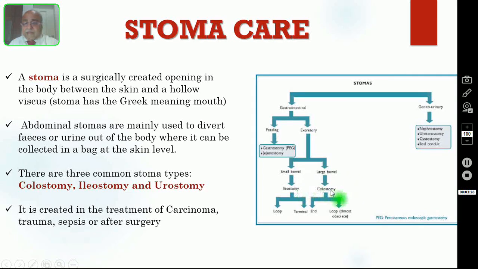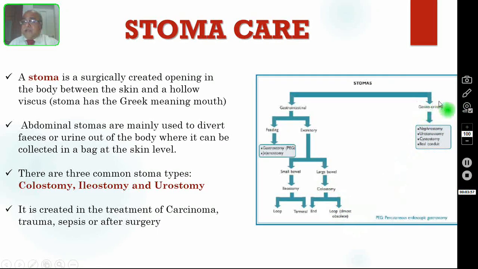For both ileostomy and colostomy, there are two surgical techniques. You can do either terminal ileostomy or terminal colostomy, or you can do loop ileostomy and loop colostomy. Among all four, the loop colostomy is almost never done in adults, only in pediatric patients with anorectal malformation. Still we are doing the loop colostomy there.